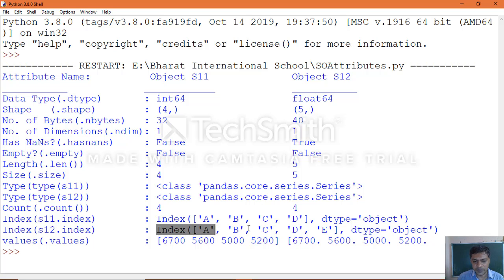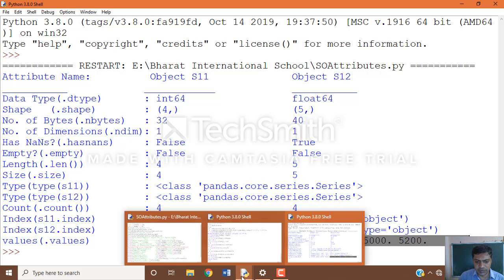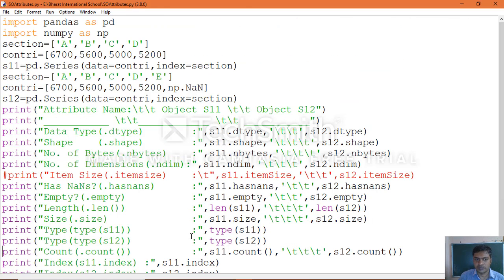Then the values also which we retrieved, the S11 object values and the S12 object values. So all the attributes which we applied and learned about the series object work except itemsize, because itemsize is showing an error. That is the program we wrote, the textbook example, which you can see clearly.